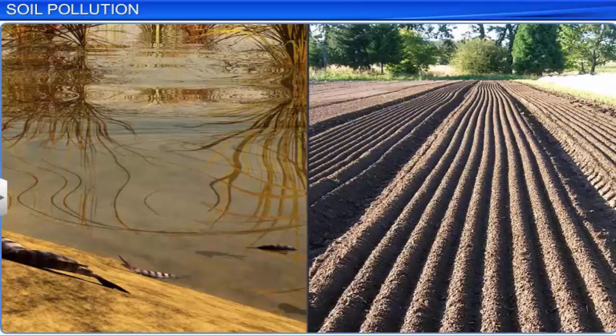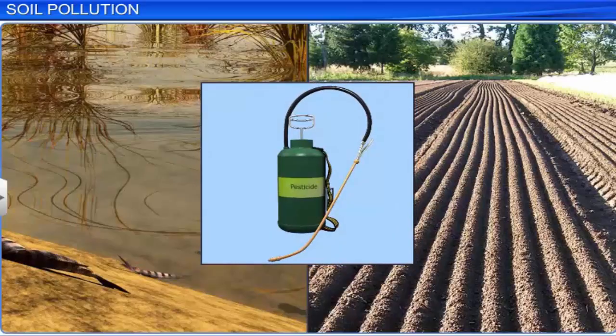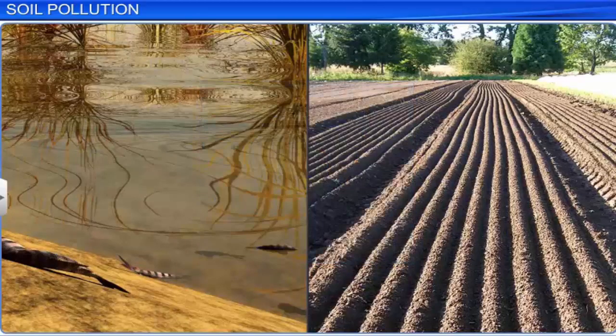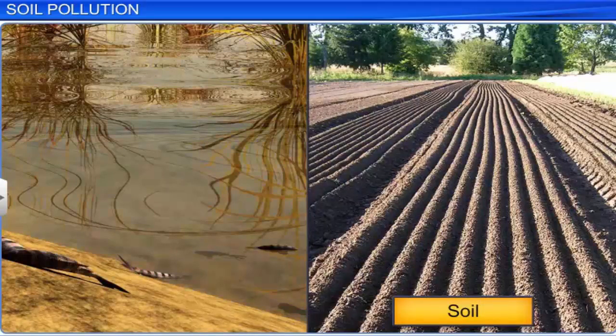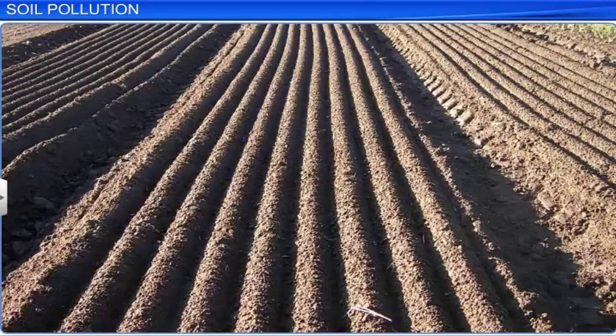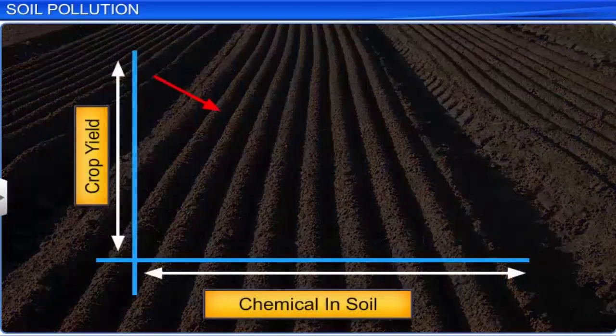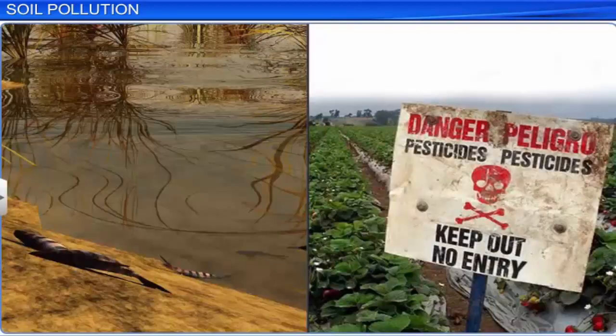These chemicals, including pesticides and herbicides, are harmful not only for living organisms but also for the soil. Chemicals contaminate the soil, resulting in plant metabolism alteration with a reduction in the crop yield. Humans and other animals who live near contaminated soil are exposed to all the health risks that these chemicals bring in.